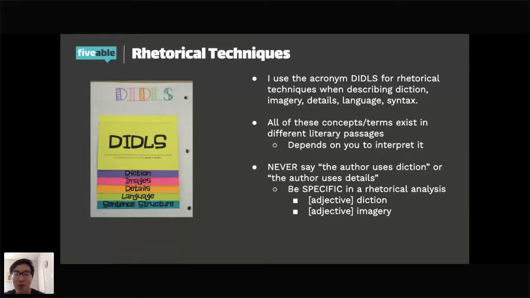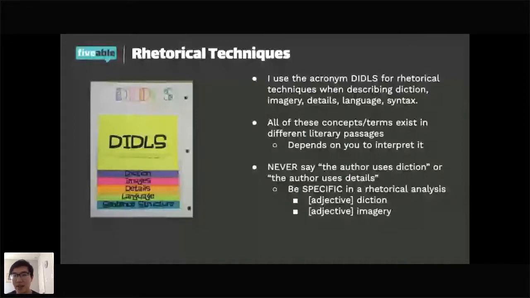Add adjectives, whether that's nostalgic, whether that's heartwarming, I don't know. Like you definitely need to be very specific in a rhetorical analysis, and especially whenever you're linking to the author's purpose or their message. So Sebastian, I'm not saying you say something in place of diction. I'm saying you say something before diction. The author uses vivid diction. They use dramatic diction. They use some kind of emotion, adjective, something like that, because otherwise